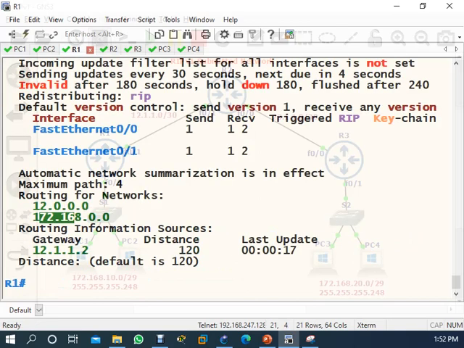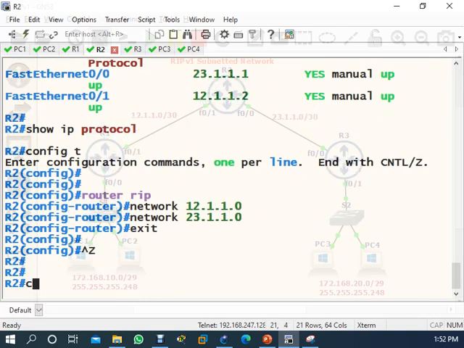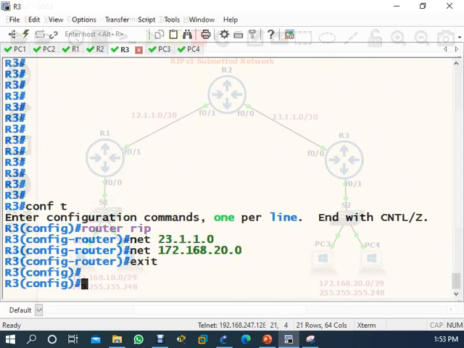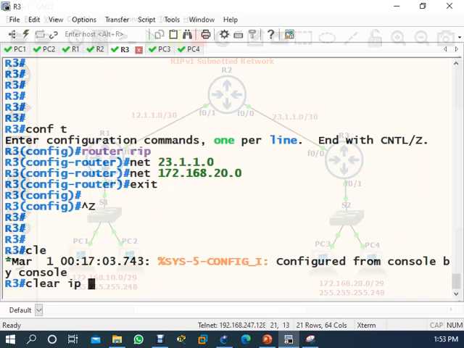So if you come on router 1, let's refresh the routing table. Clear IP route star, okay? Come here also and write the same thing on R2. Just refresh it, because I changed the network. Because if I do not clear, they will clear after 30 seconds.